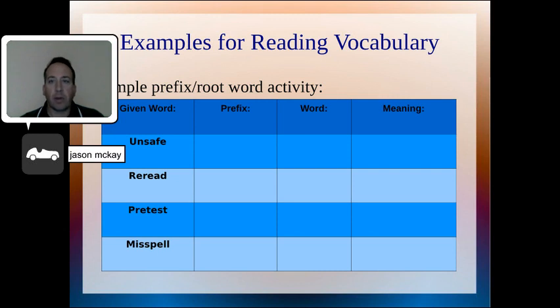So here's an example of a graphic organizer used to allow students to begin to understand how to take apart words. On the left column, I placed some words that have a prefix and the root word. I left the rest of the graphic organizer blank. At this point, it can be something that the students can work on together in order to understand what each word part means. On the next slide here,